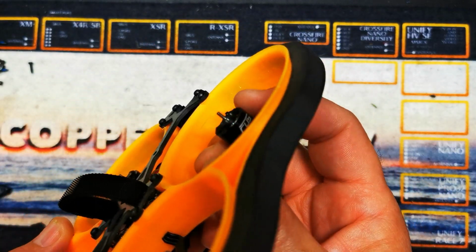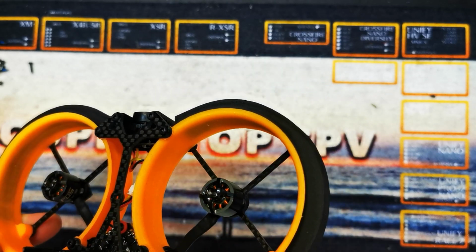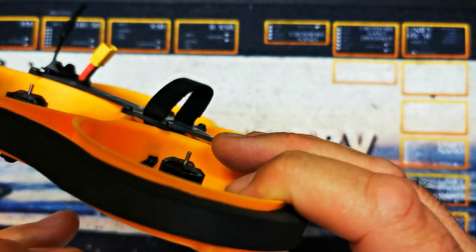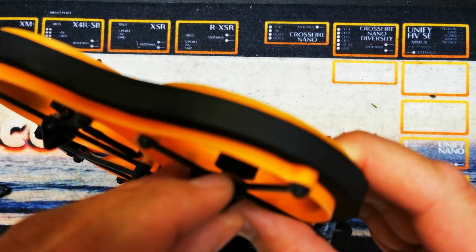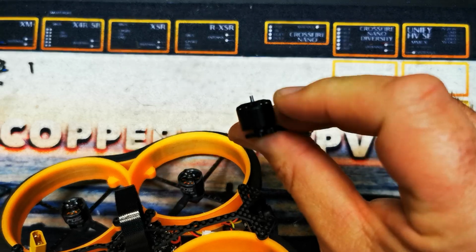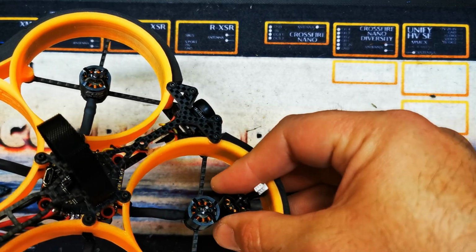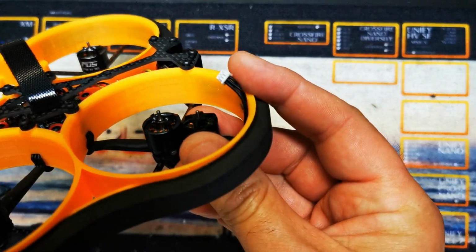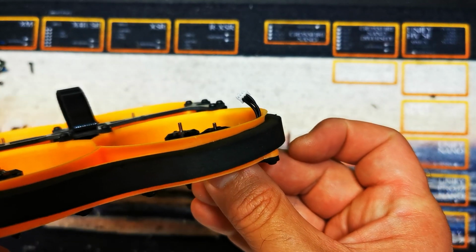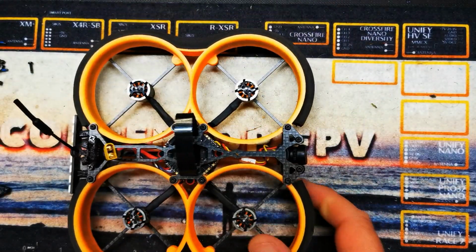In terms of the motors, obviously I don't know what they're going to fly like until I get them in the air. They feel and look okay, but the one thing that immediately sprung to mind, which you probably won't be able to see, is they're very tall. There seems to be a huge gap between the base of the motor and the actual motor mount. And if you compare it to, for argument's sake, this Beta FPV 1106, the same size motor, if I put them side by side, you will see there's a definite difference in terms of height, which makes me wonder if that is the reason why